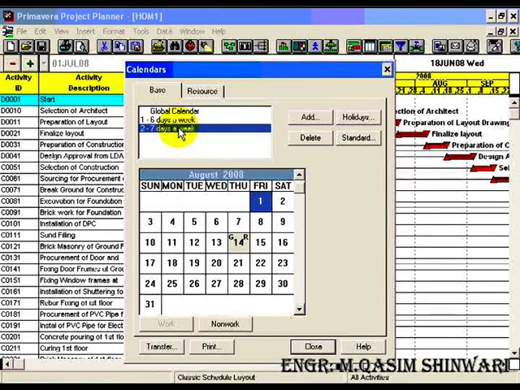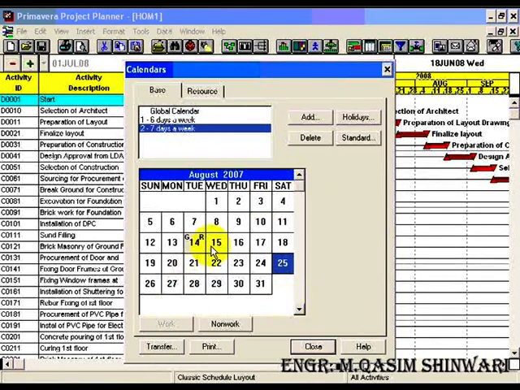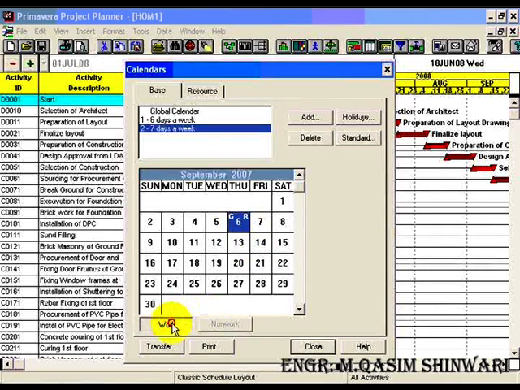In 7 days a week, you remember that we marked 14th August, 25th December and 6th September as holidays in the global calendar. But in 7 days a week, we have no kind of holiday or non-working day. So let me remove the non-working days. First is 14th of August, so change it into a working day. Then 6th of September,